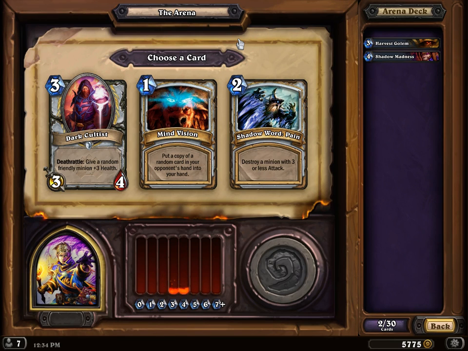Dark Cultist, Shadow Word Pain. Dark Cultist I love because it's this freaking nuts body. Yep. 3/4 is kind of good. Before the Naxxramas expansion, we didn't have any 3/4s at all. Like, there were no 3/4s in the game. And then with Naxxramas, we got Dark Cultist and Void Terror. Void Terror. Well, that's a 4. No. It was a 4, but